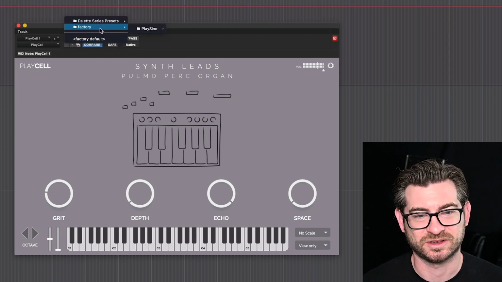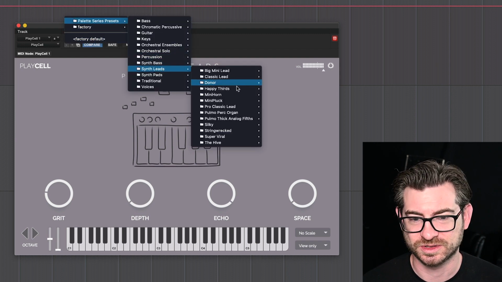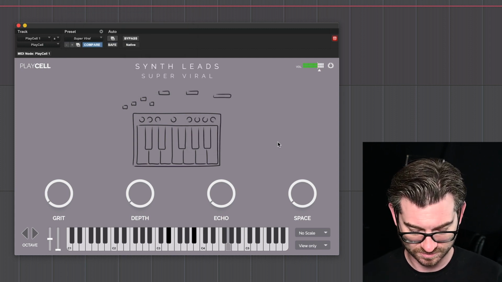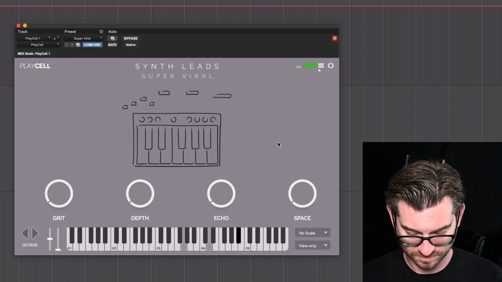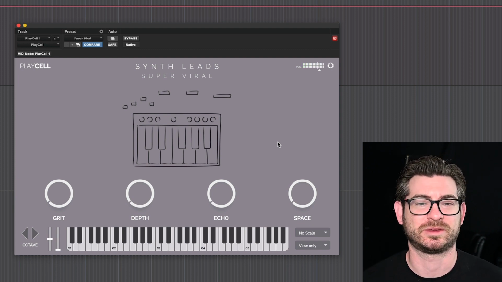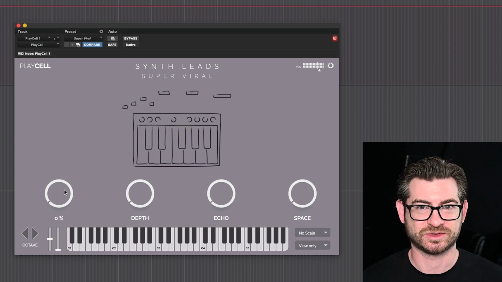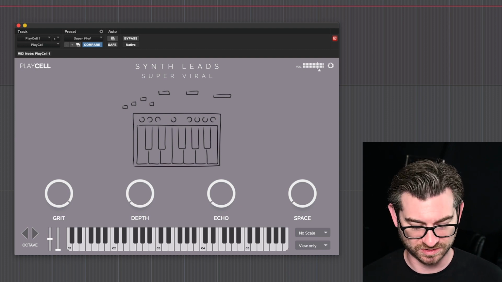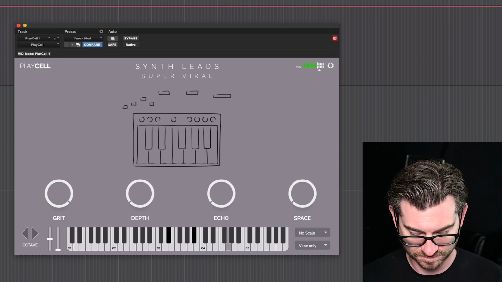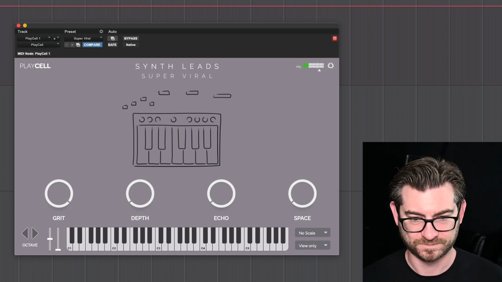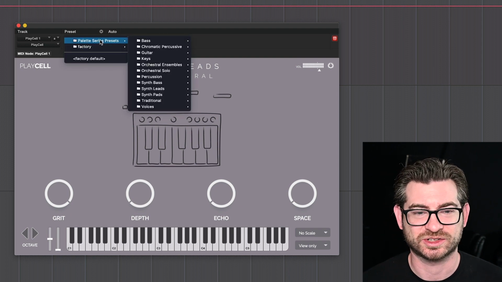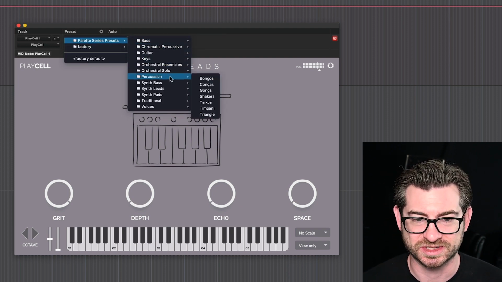And let's take another lead. Let's go to Super Viral. Classic big pad. And of course the macros will just filthy it up even more. Like here's the grit all the way maxed out. Sounds cool. And for the sake of actually demoing some of the sound design capabilities of this, it's very basic,